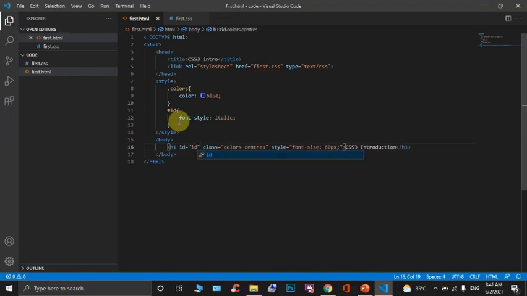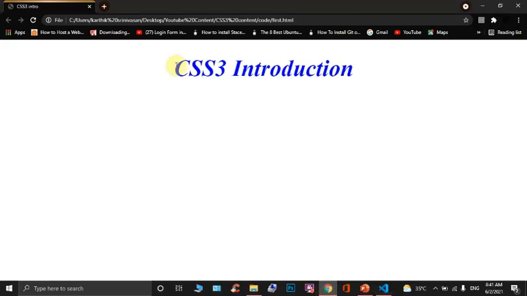Now we should see the output. We can see the output as italic.